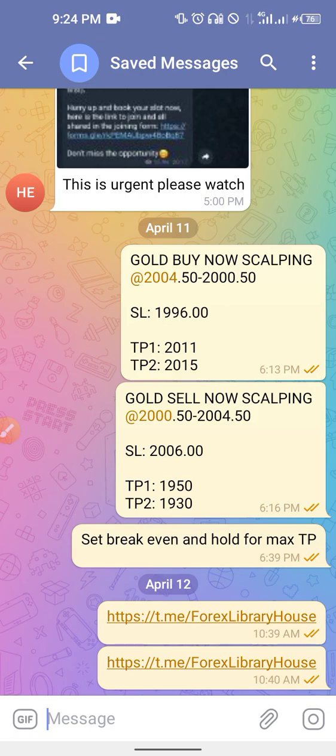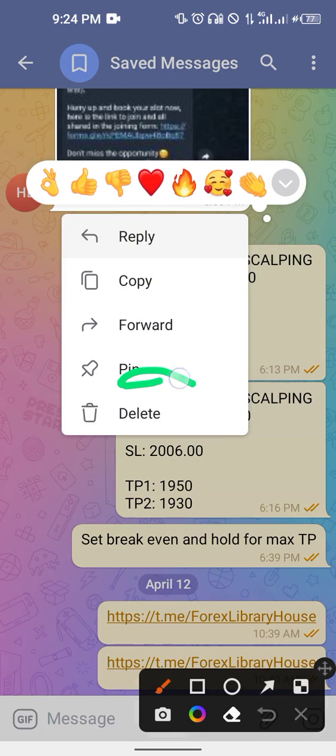And when you start going towards the second take profit zone, you will want to set your break even by moving your stop loss above your entry price or exactly at your entry price. That is for buy signal. Now, when you see sell signal,